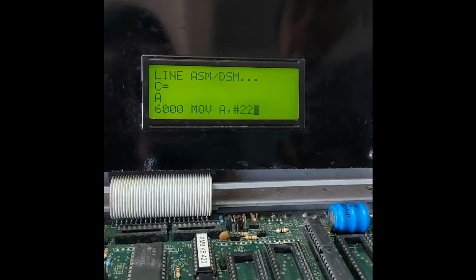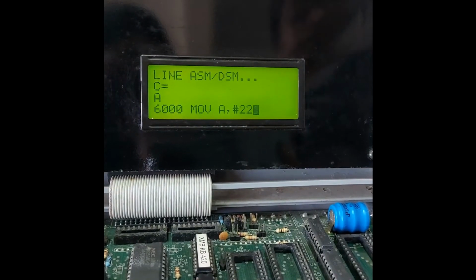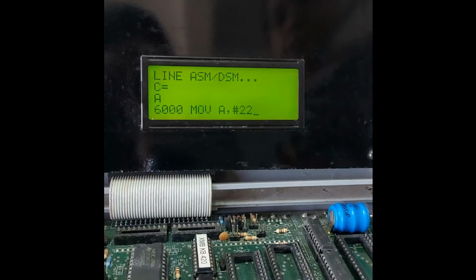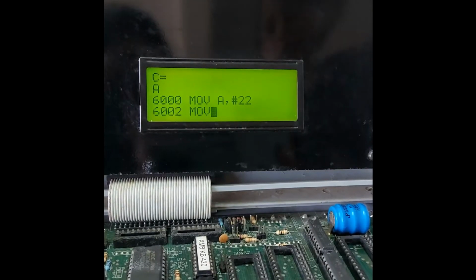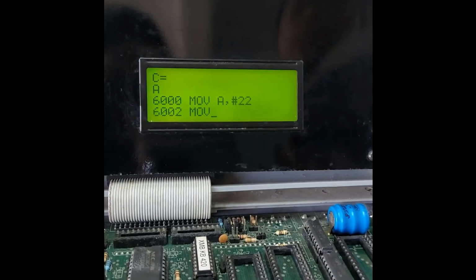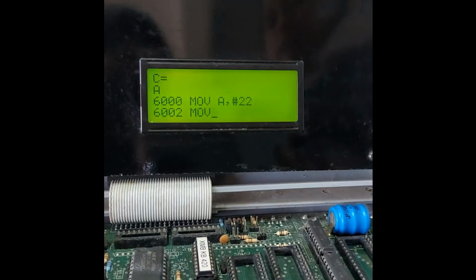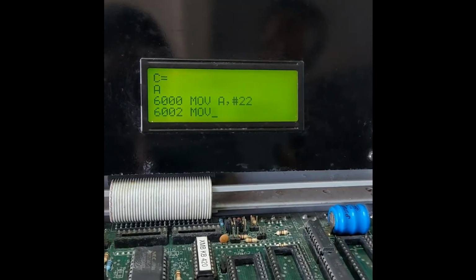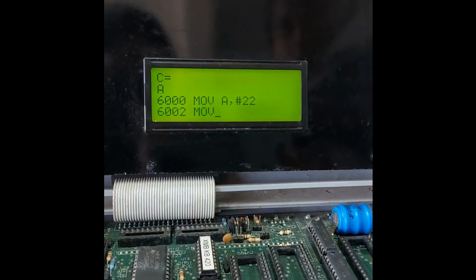So we are taking the data 22 on register A, giving enter. Now in the second line, instead of using register B, we will use F0, as in this microcontroller the address of register B is F0.